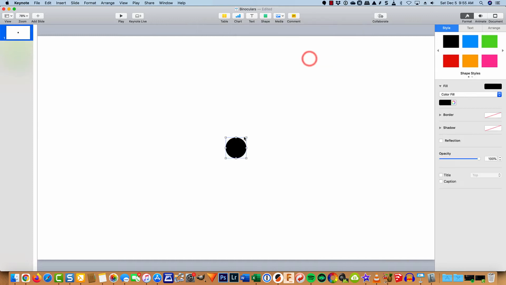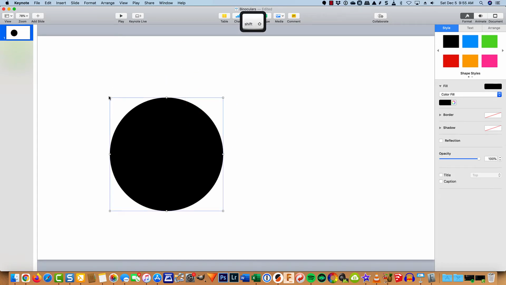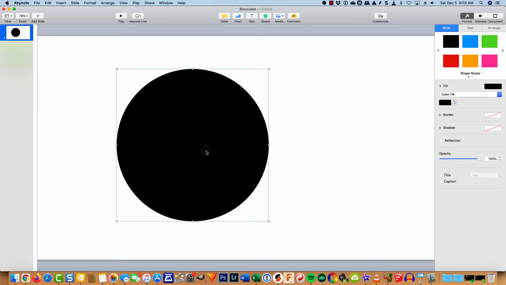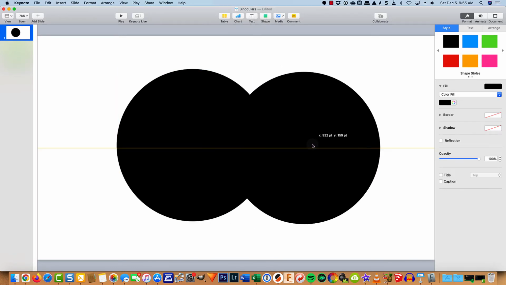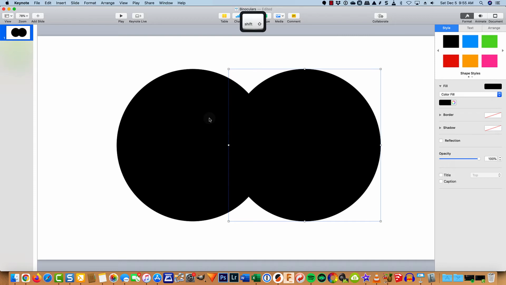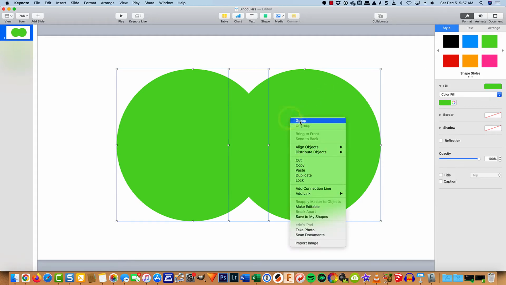So I'm going to draw a circle here and hold down my shift key so it maintains a circular shape. Maybe about like so. Copy, paste, and drag this one over and get it lined up. That little yellow guideline helps you out. And then I'm going to hold down my shift key and select both of them, and then I'll take each of them and make them green, and then I'm going to group them together because I want to